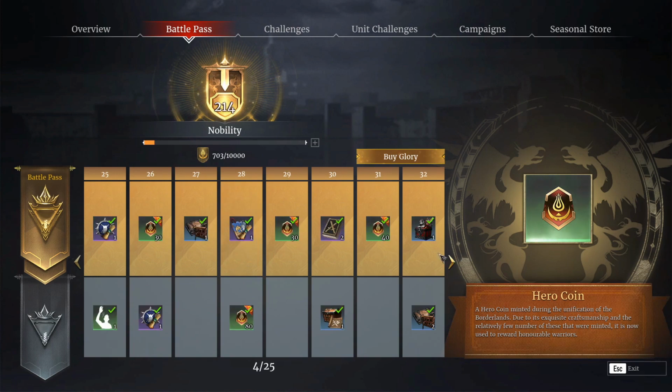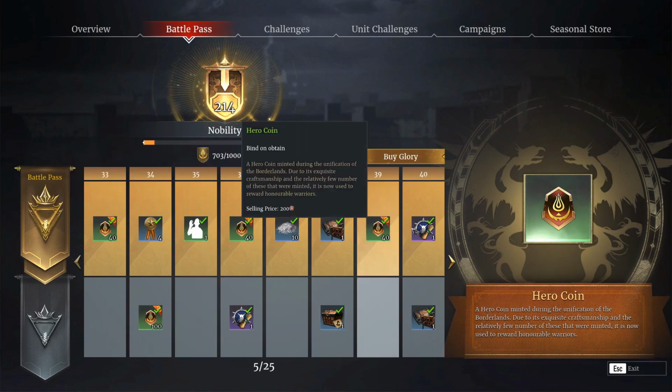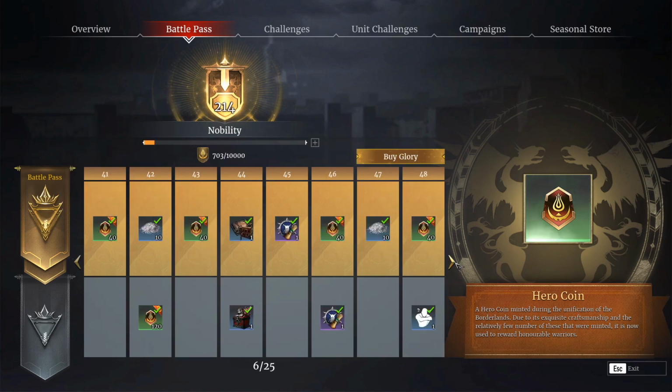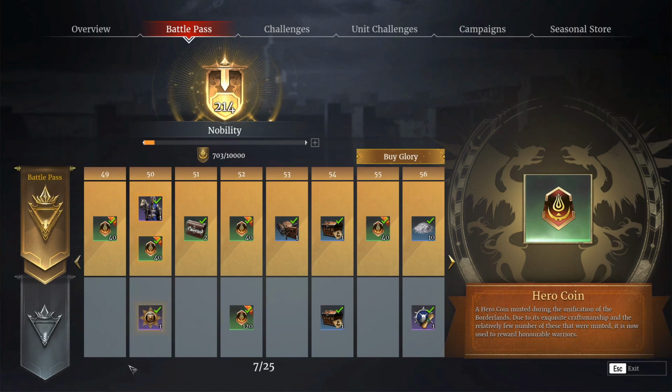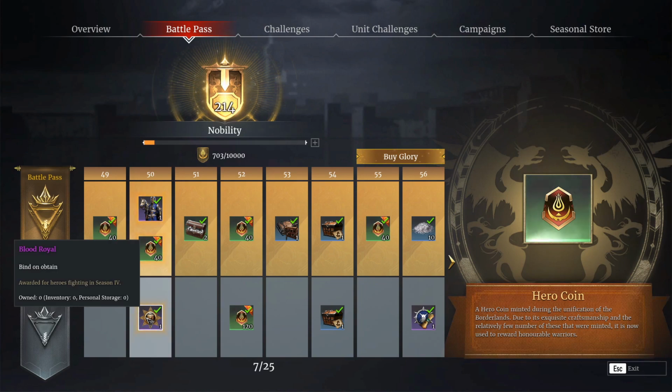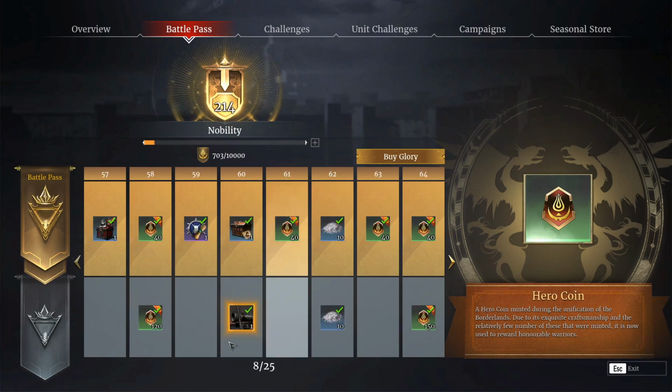Past that, we have, once again, another attire chest. But you get your goodbye emote at 35. You're going to get your general skins as well. So the Janissary unit attire is the tier 50, as well as your Blood Royal title for hitting 50 as well. You're going to get one of the biggest,